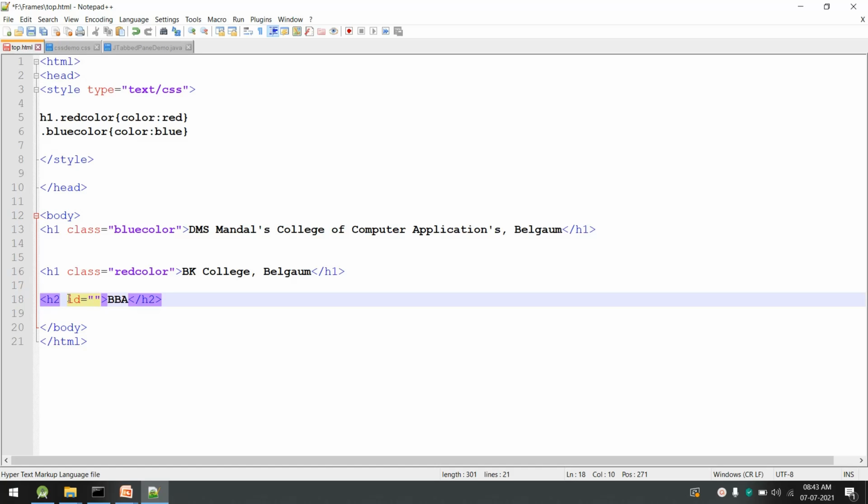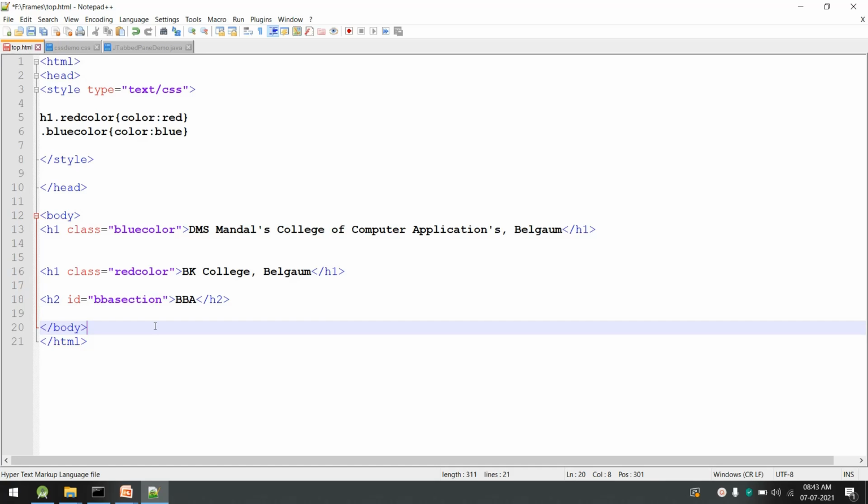It is suggested that you use IDs in the tags as per the XML or XHTML specifications. So I'll use an ID here as BBA section. An ID can even contain numbers, so you can say BBA section 1 or 2, like that.